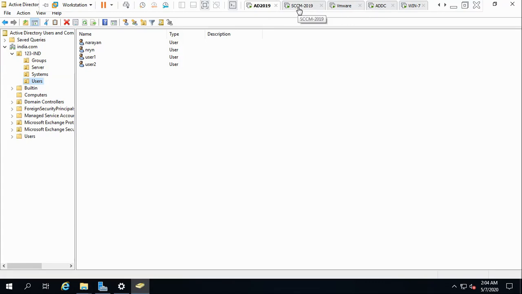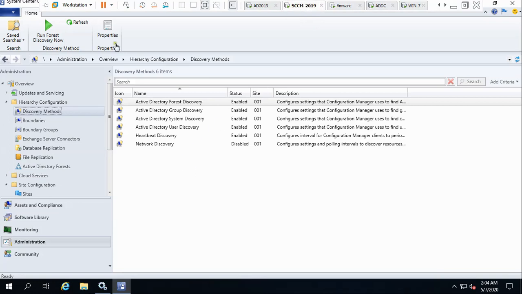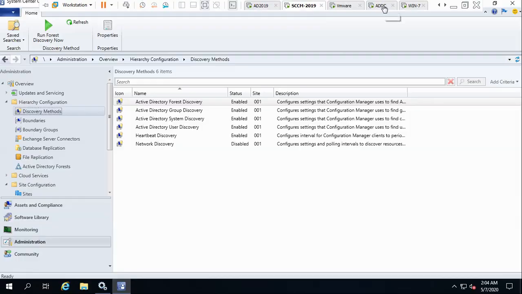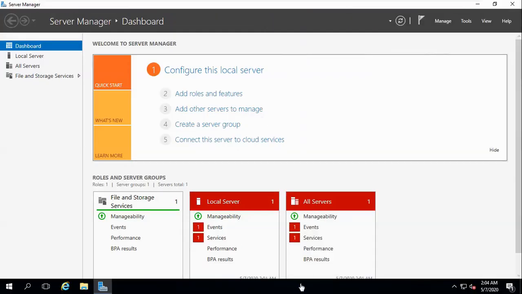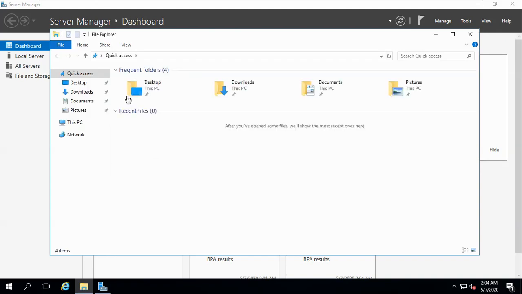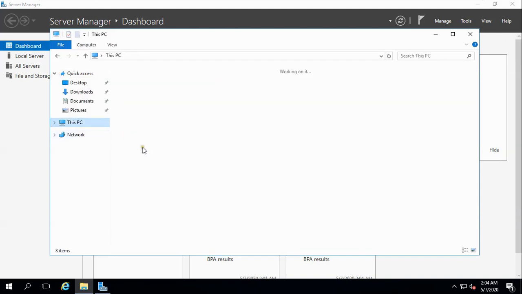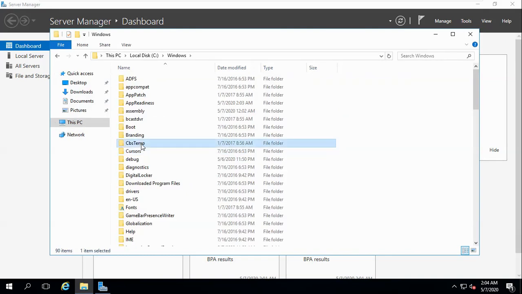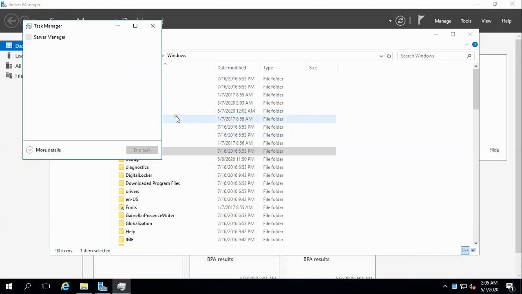Now this is my SCCM where I have deployed, and these are just testing machines. Here I will show you, if you go to the C drive of this machine, and go to Windows, you will not see the folder known as CCMSetup. One more thing, open Task Manager.